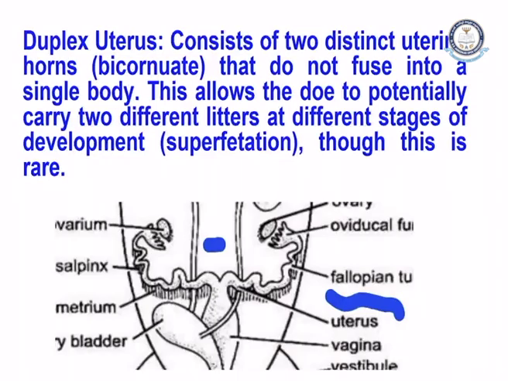Now, this duplex uterus consists of two distinct uterine horns that do not fuse into a single body. It allows the rabbit to potentially carry two different litters at different stages of development, though this is rare. So, as you can see, there are two different uterus. This phenomenon is called duplex uterus, where there can be two different babies at different stages